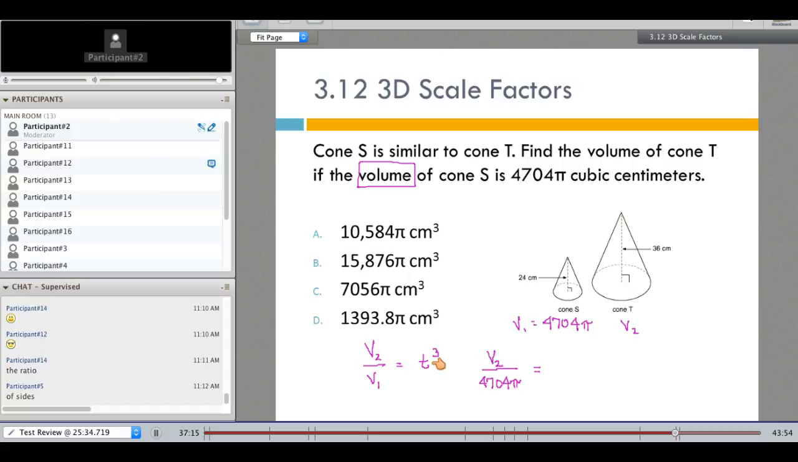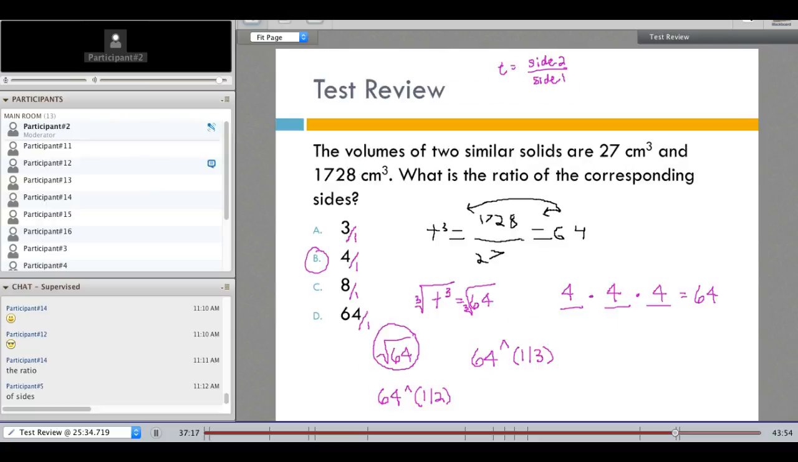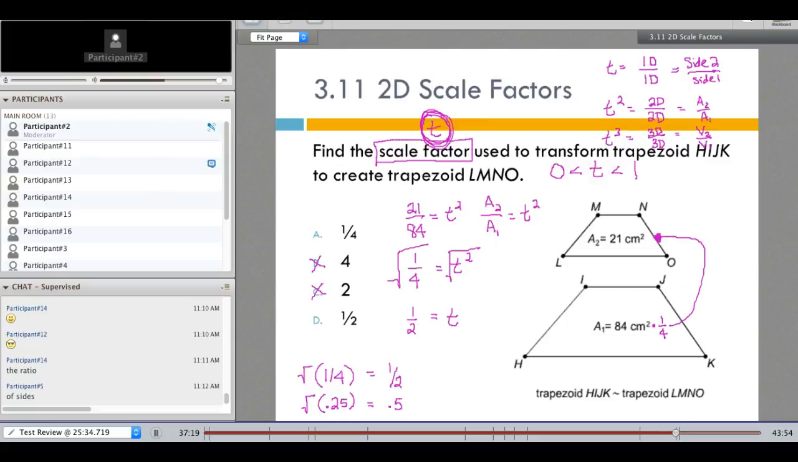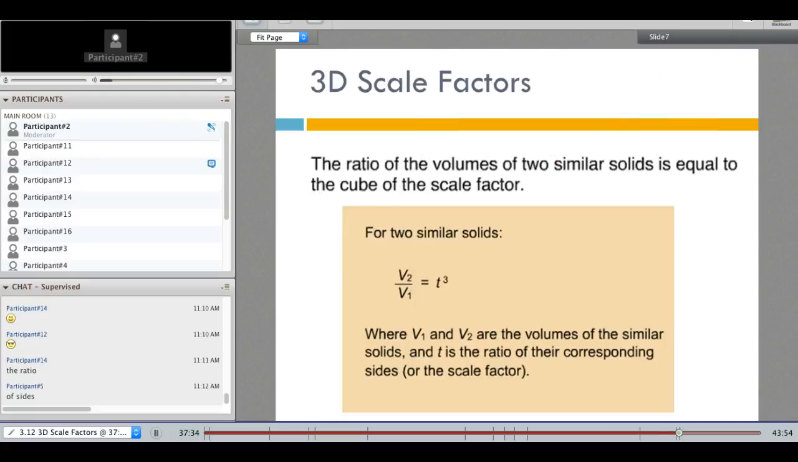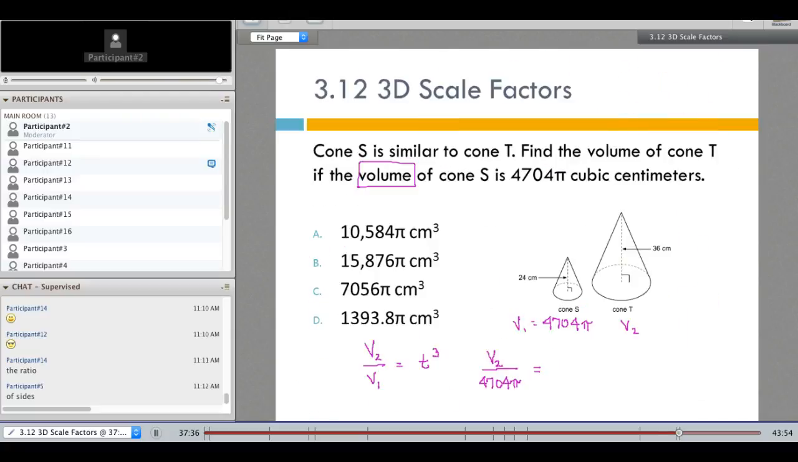What would give me that hint? If I just had this right here, what would tell me it was the volume? 4704 pi. Yeah, there you go. The units, right? Okay. So what tells me in this problem I need for T, remember how I said a